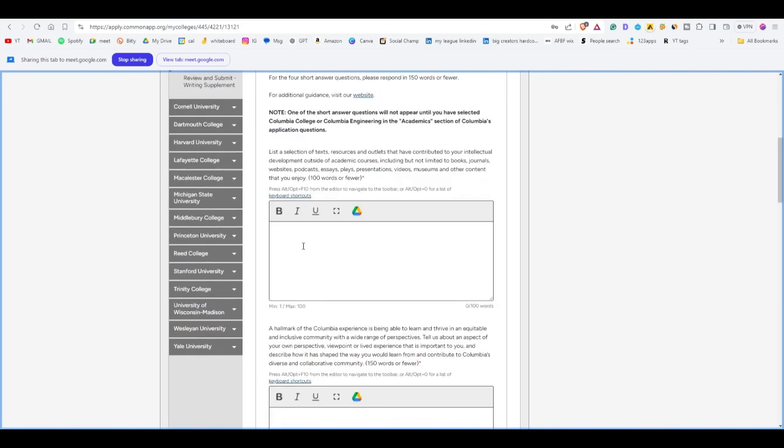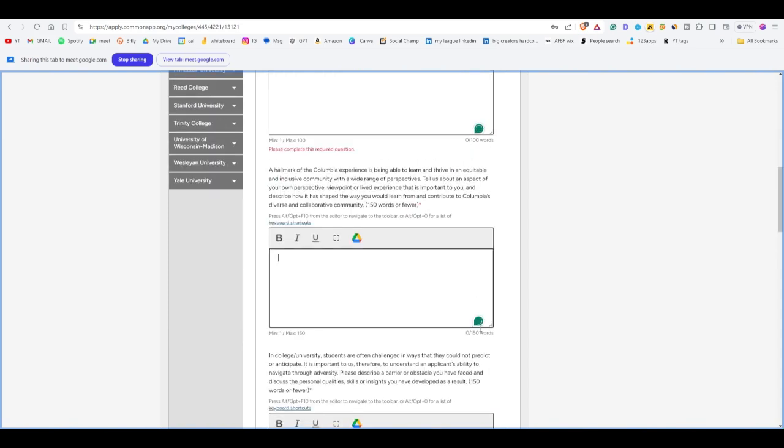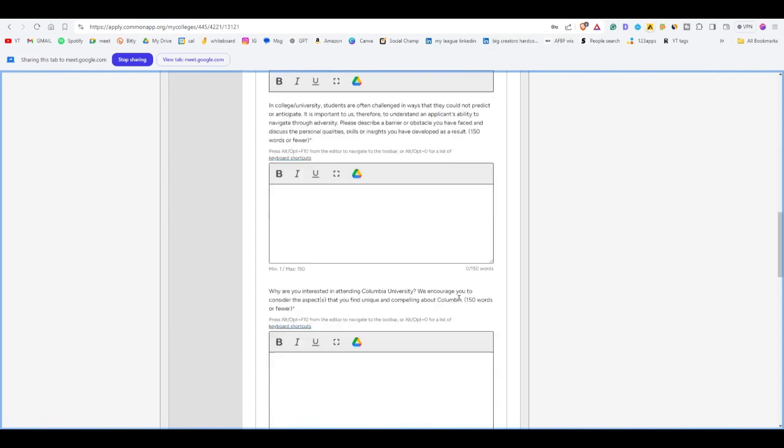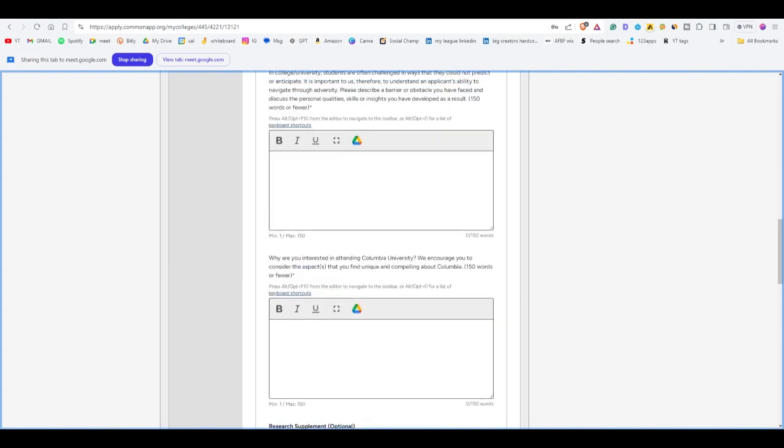You have to write these here. You can just copy and paste it if you have already written it somewhere else. And these have word limits: 150 words, 100 words, 150 words. And every kind of essay that you see, like,